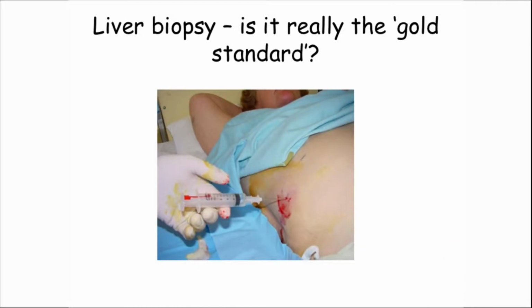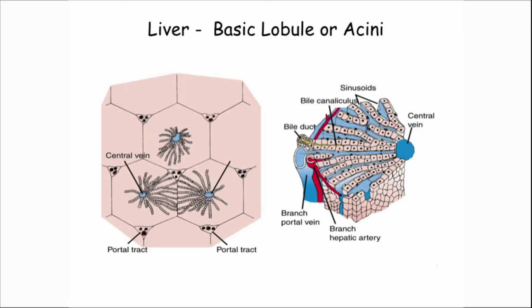Okay, so let's go back to the liver biopsy. Is it really the gold standard? So let's talk a little bit about the liver biopsy. In order to understand the staging and grading, one needs to understand a little bit about the histology of the liver. So you are all aware, going back to your good old medical school days, that the liver is organized into these very nice hexagonal lobules, or acini as they're called, with in the center the central vein, and then